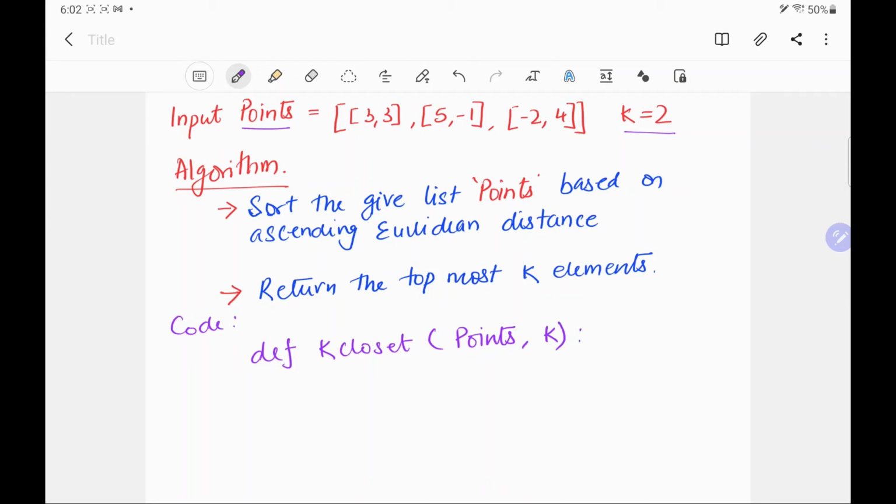To code it, we can simply return the sorted points, and we will sort this points list based upon Euclidean distance,